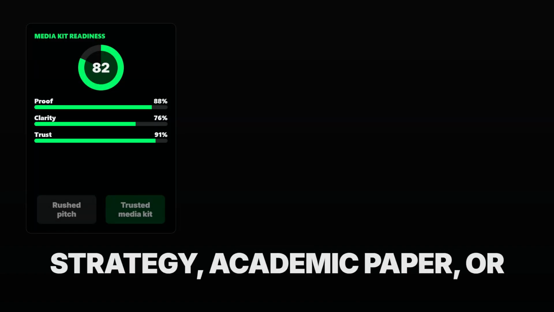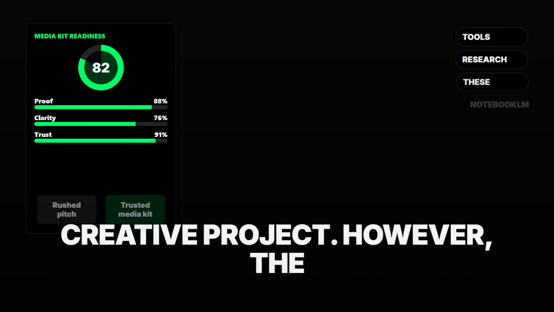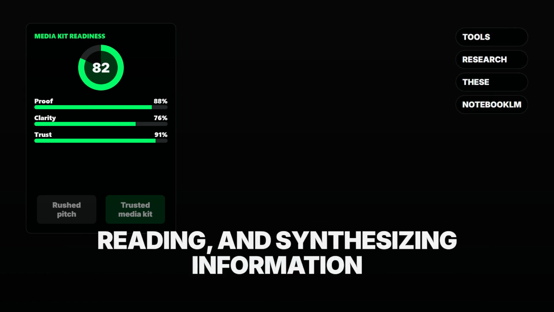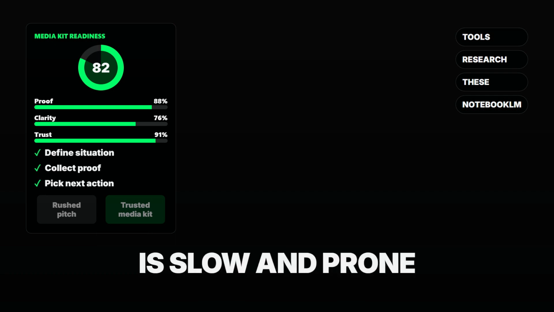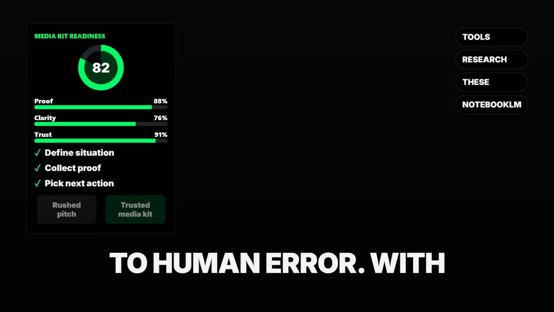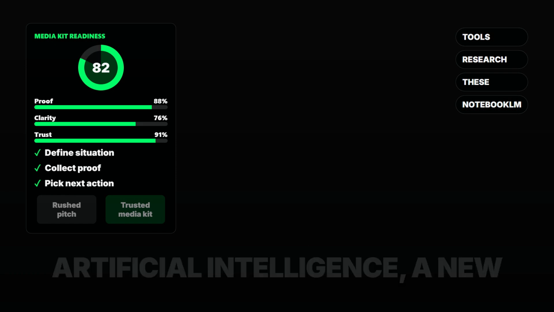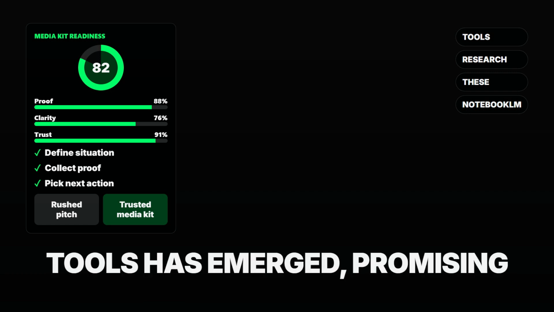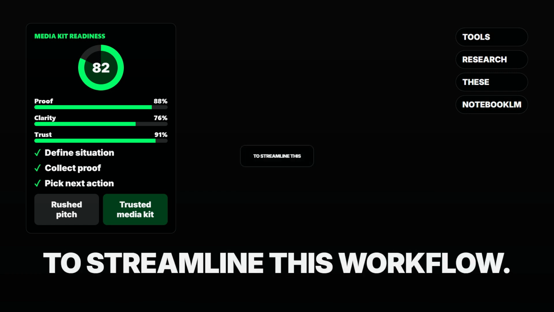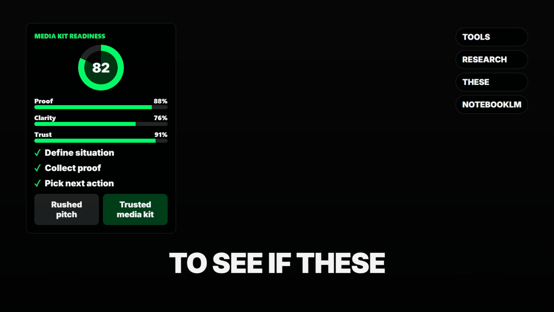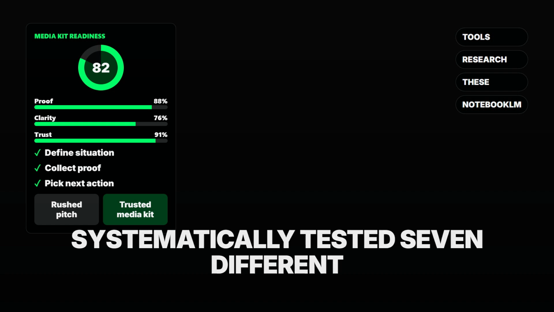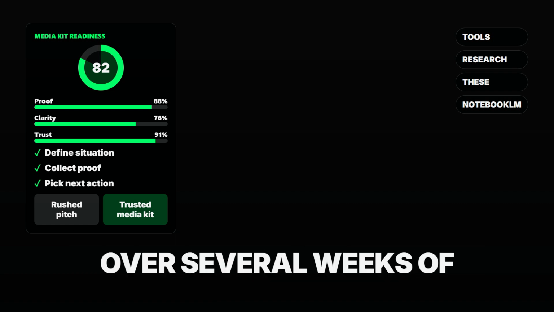Research is the foundation of any informed business strategy, academic paper, or creative project. However, the traditional process of finding, reading, and synthesizing information is slow and prone to human error. With the rapid expansion of artificial intelligence, a new class of specialized research tools has emerged, promising to streamline this workflow. To see if these promises hold true, we systematically tested 7 different AI tools for research over several weeks